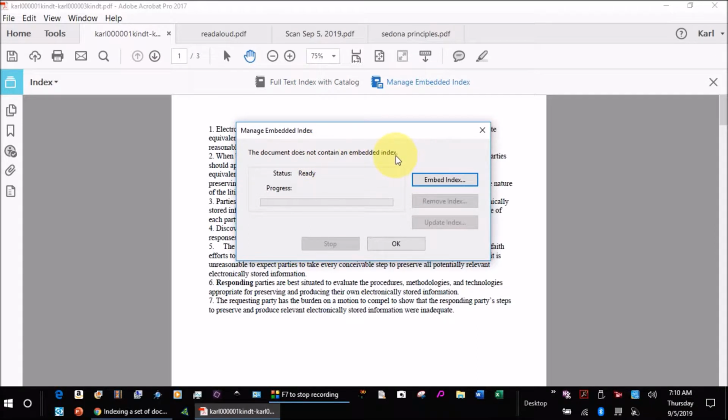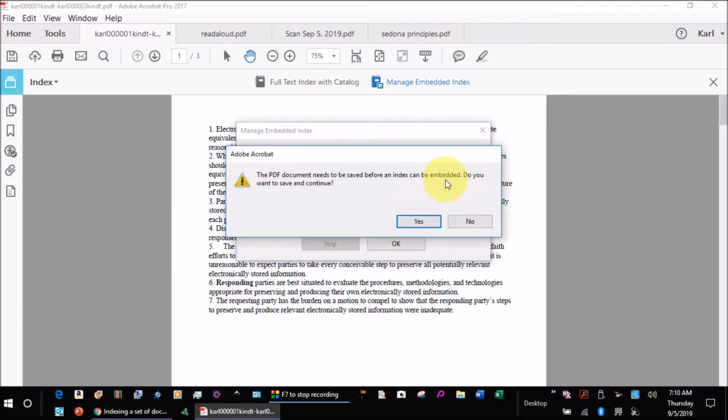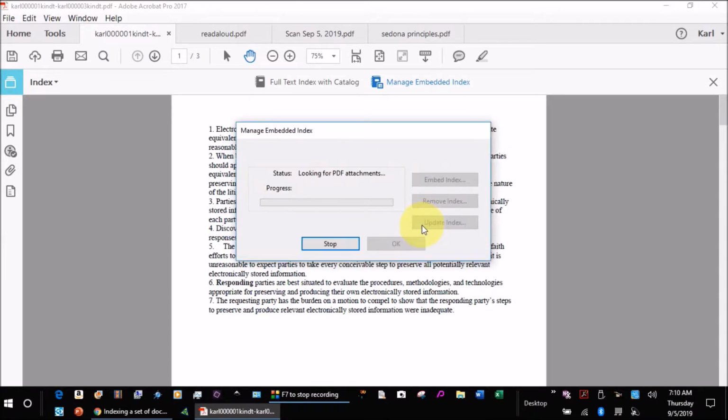If it did, it would show up, and then I could either remove it or I could update it. Since it doesn't have one, I'm going to pick Embed Index. The PDF needs to be saved before an index can be embedded. Yes, I want to save it. And it saved it, and now it's going through, and it has now indexed that particular document, and it's embedded